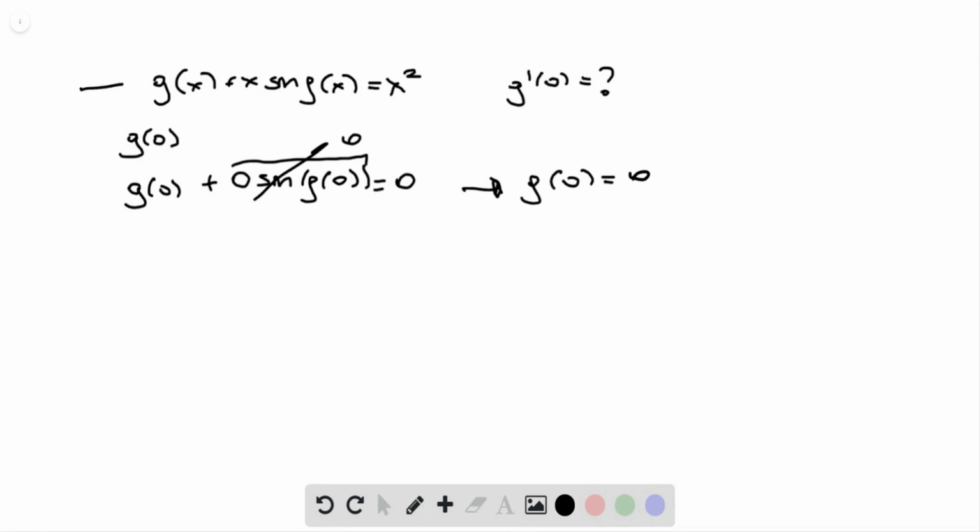Now let's take the derivative of the given equation. We have g prime of x plus, we're going to use the product rule for the second term on the left hand side. We have sine g of x plus